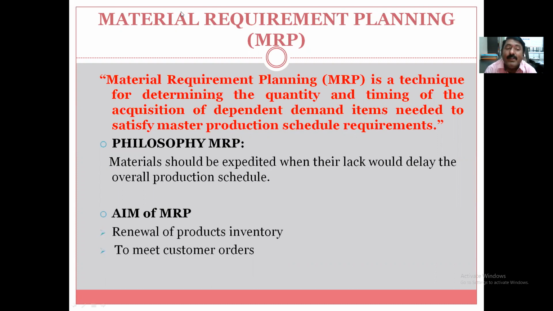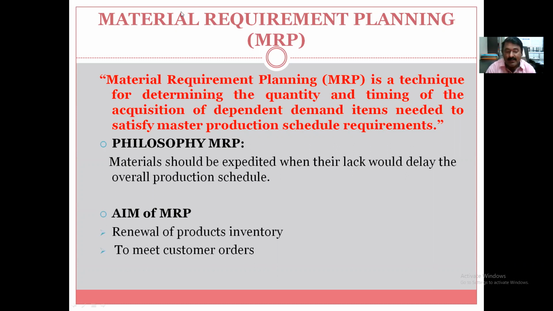Then some tooling is required: single point cutting tools, multi-point cutting tools, and carbide tips. Some grinding wheels, cutting wheels, and buffing wheels may also be there. So what are the different things that are required? All these come under MRP. Aim of MRP,